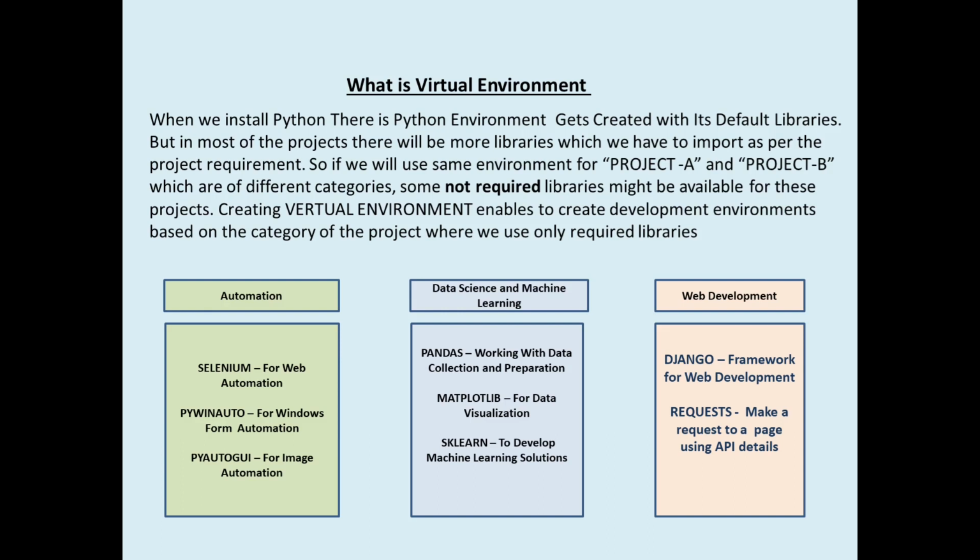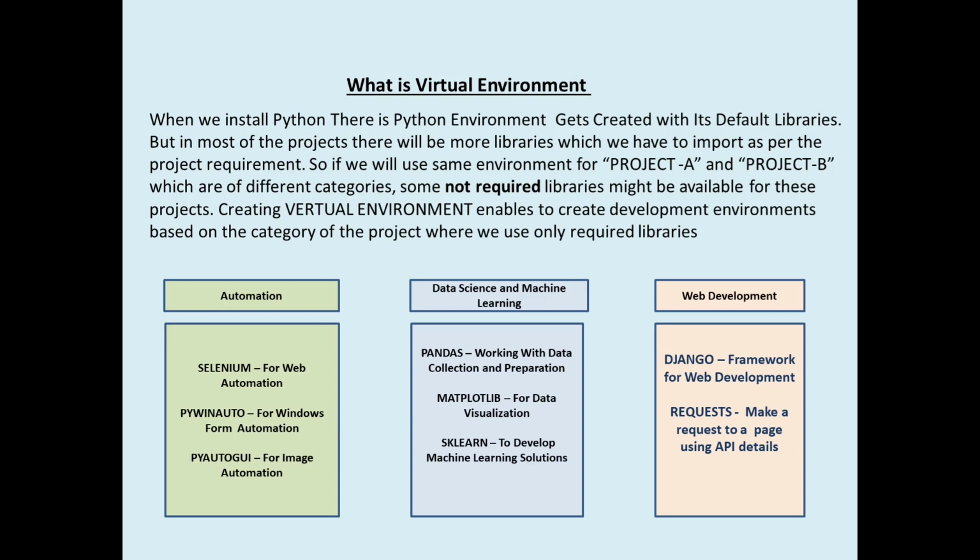All right. So let's say you are using only the default environment which is given in the Python installation folder, and you install everything. If you are creating one project where you need X1, X2, and X3 libraries, and you are creating another project where you need Y1, Y2, or Y3 libraries, for example, then when you compile the project or create a package of this project, all the libraries will come, which are required or which are not required. Whatever is available in the environment will be included, which might impact the performance of your application or your solution which you are providing.